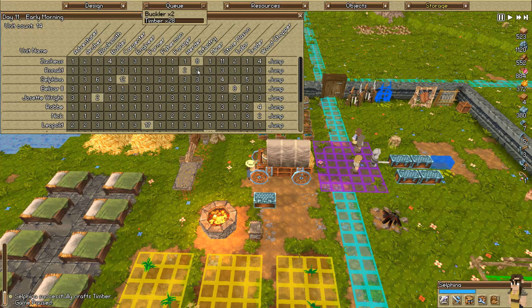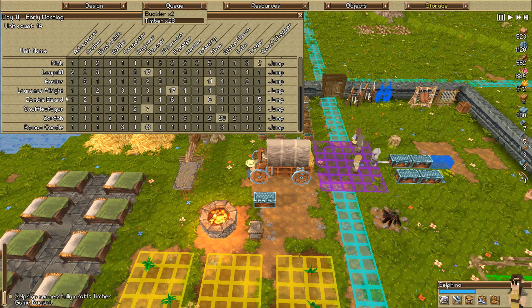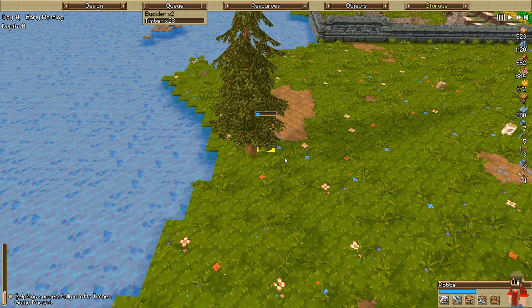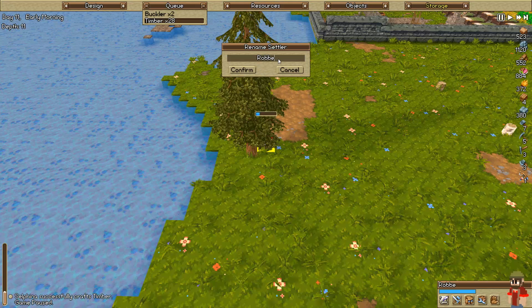Here, hang on a second. I'll be right back. I got to check a comment. Yep, I was right. So, we have to go and find Robbie. And jump to... And we need to rename this person. F1. Because...